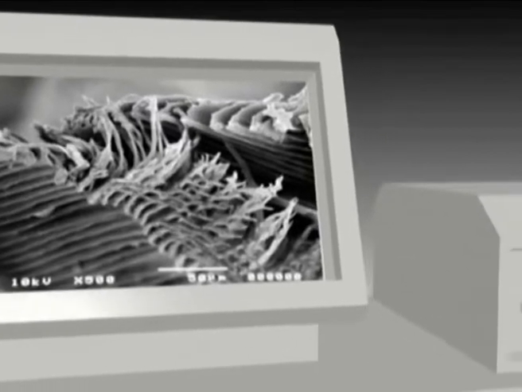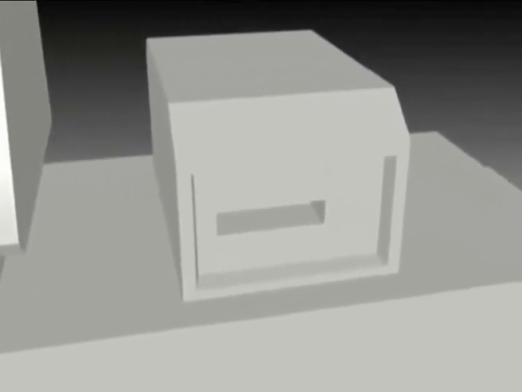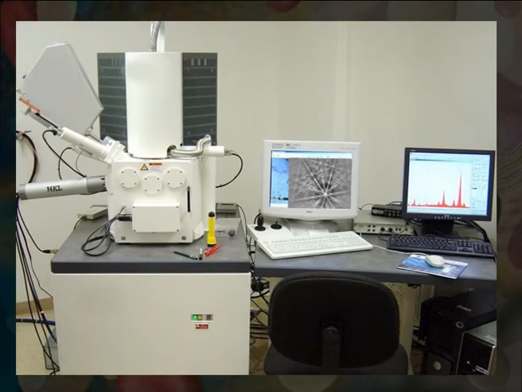A permanent micrograph can be obtained by photographing the image on the screen via conventional camera. The image produced by scanning electron microscope is thus built up through a system of television electronics. In terms of sample preparation, tissues for scanning electron microscopy require fixation as well as dehydration and are finally coated with a thin layer of metal such as gold, carbon or palladium in a vacuum evaporator for the observation.